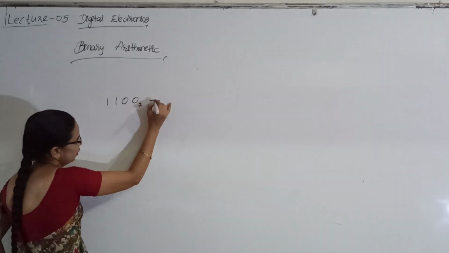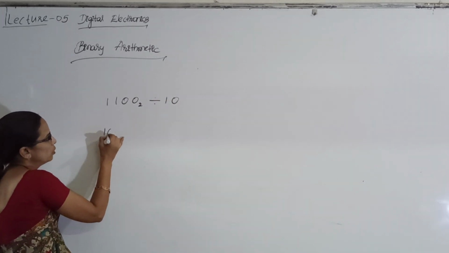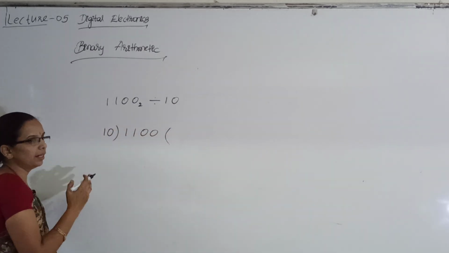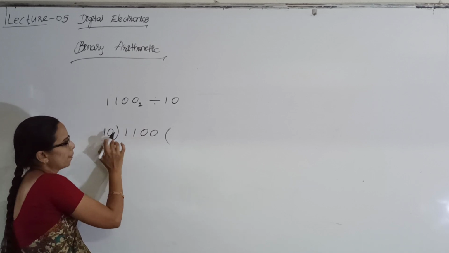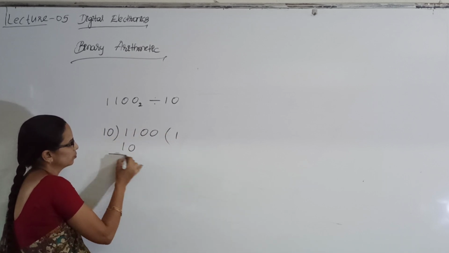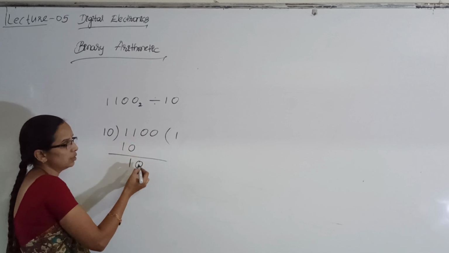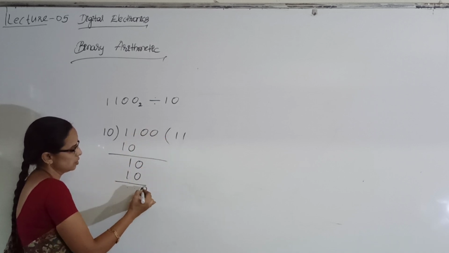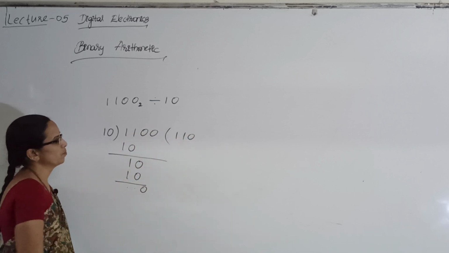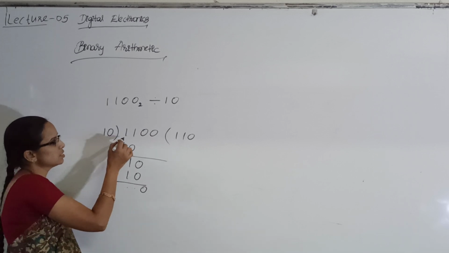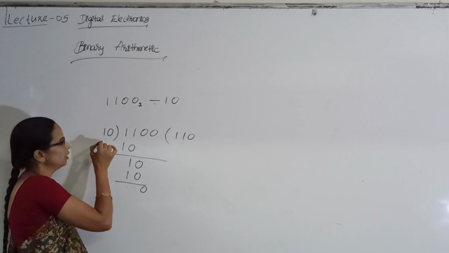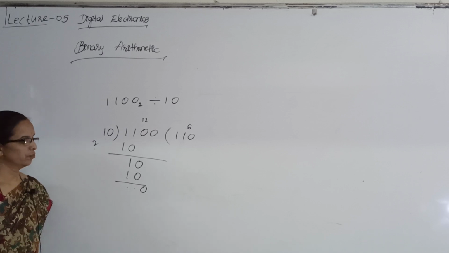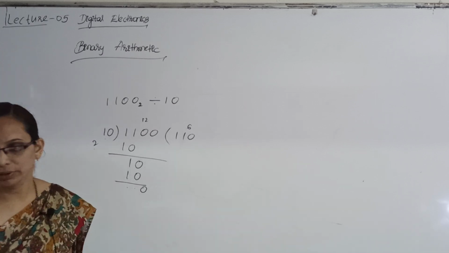1100 divided by 10, that is 2. You can apply any of the division symbol. Ones are, again one digit you can take into consideration. Ones are 0 it is, then again zeros are. Okay, this is 2, binary decimal 2 it is, and it is 12 to 6 and it is 6. We have got the right answer. Okay, one more.